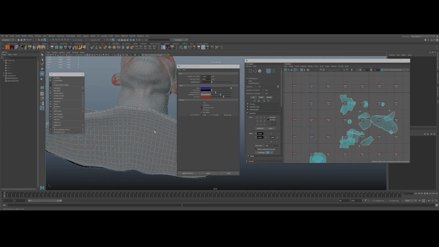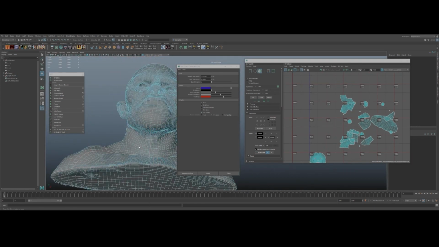All right, so we got the front of the face here. Let's go ahead and find out where these neck parts are. Select those faces in the viewport. Control right click in here and say to UV shell. So now I have these two parts,